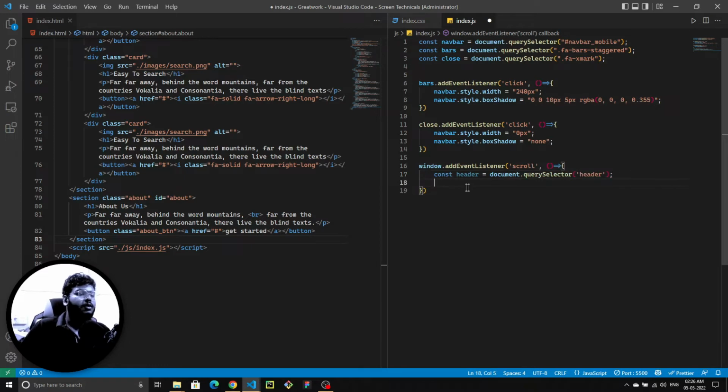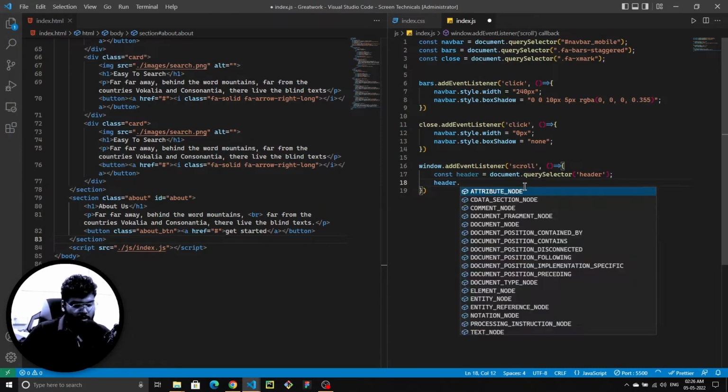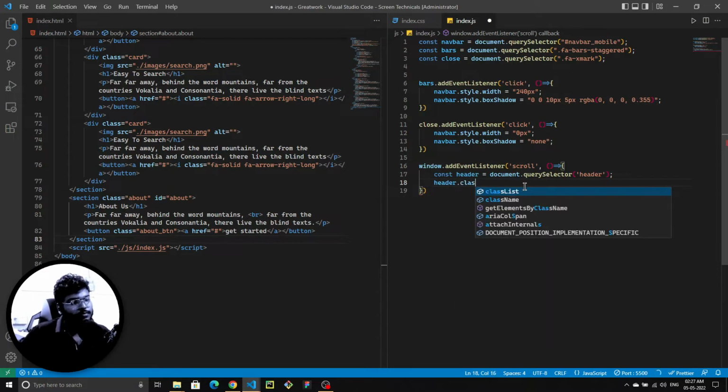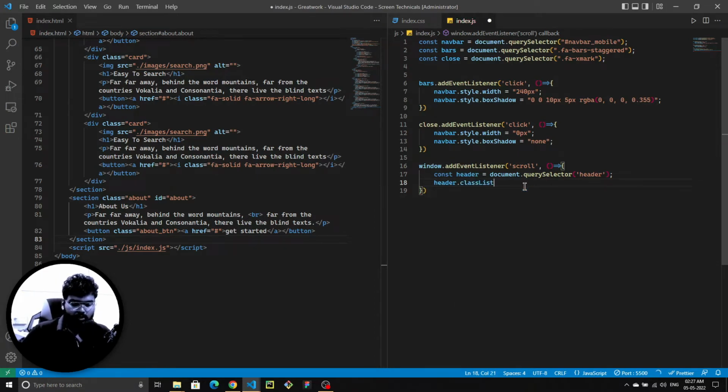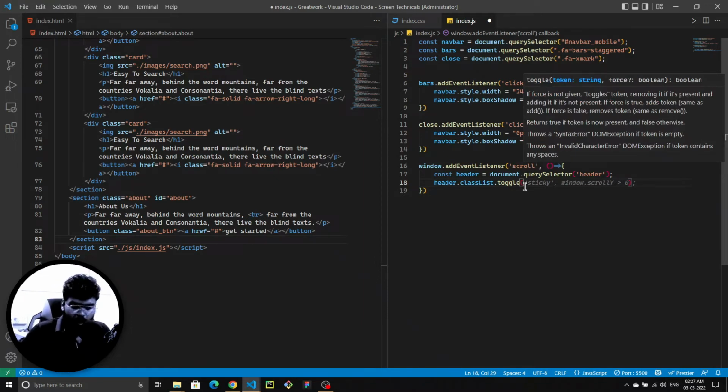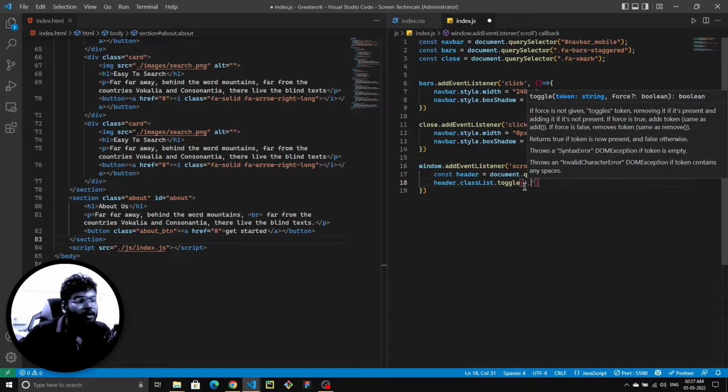just like this. And then right here, I'm going to add a class list. So I'm going to write here header dot class list dot toggle. So I'm just going to toggle this class list. Now I'm going to add a class to this point. So the class is going to be scrolling dash active,